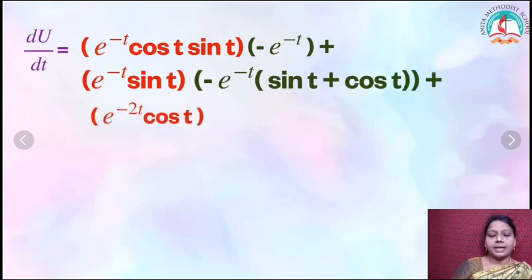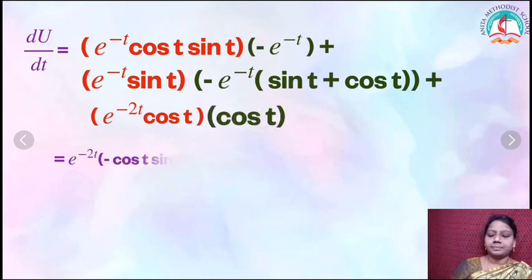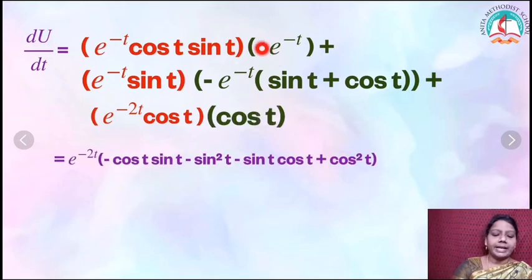So, if I am taking the multiplication, look here, e power minus t into e power minus t, so e power minus 2t. Here also I can multiply, it becomes e to the power minus 2t. Here already I have e to the power minus 2t. Shall we take it as common? So, if you take it as common, then we will get minus cos t sin t. Then here plus sin t cos t. If I multiply by sin square t, then here it becomes cos square t. So minus sin square t and then sin t cos t. Then cos into cos becomes cos square t.